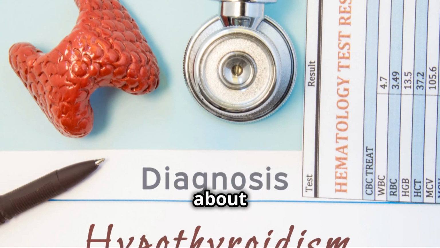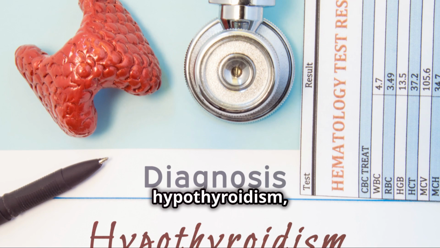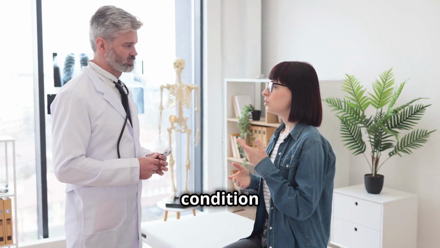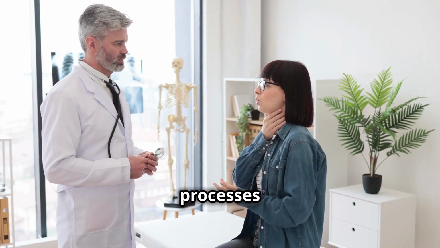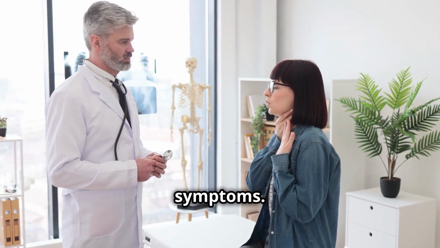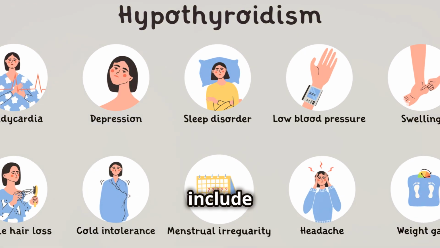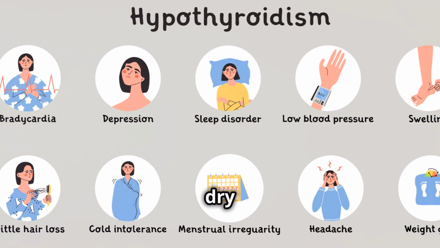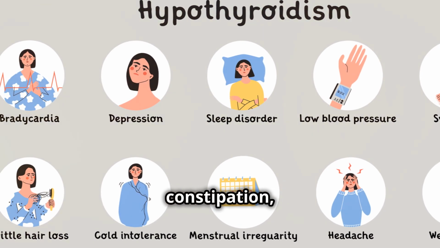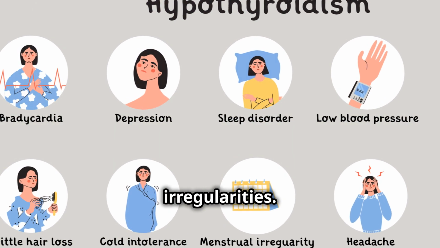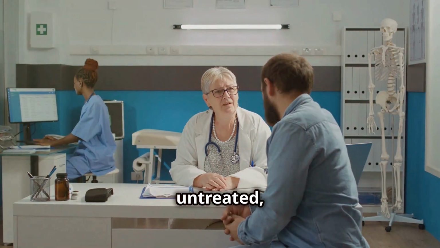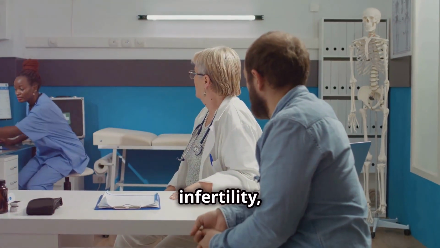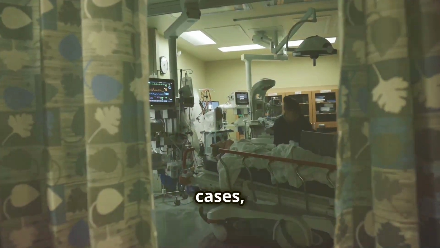Let's start by talking about hypothyroidism, which occurs when the thyroid gland doesn't produce enough hormones. This condition slows down the body's metabolic processes and can lead to a variety of symptoms. Symptoms of hypothyroidism include fatigue, weight gain, cold intolerance, dry skin, constipation, depression, and menstrual irregularities. Left untreated, hypothyroidism can lead to more serious health issues, including heart disease, infertility, and in severe cases, a life-threatening